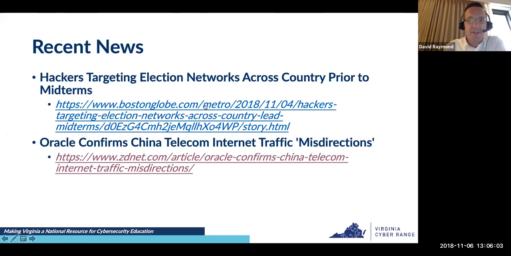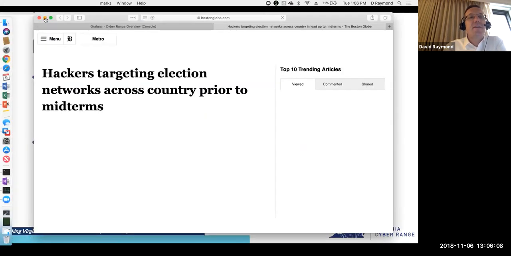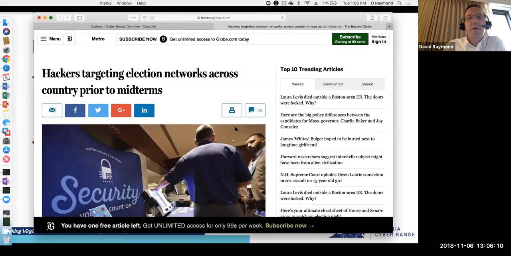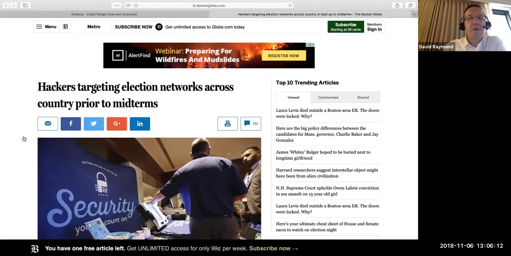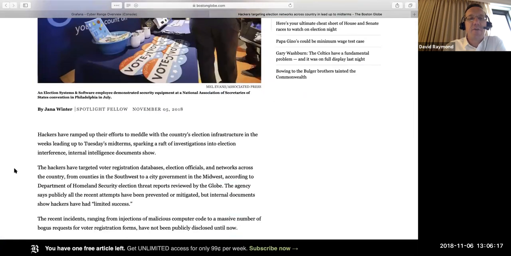This is probably not particularly surprising, that there are reports of election networks being targeted, and we think a lot of it is by foreign nation-state adversaries, or some of it might be motivated by foreign nation states who want U.S. trust in their election system to be degraded, right?